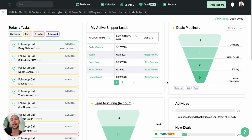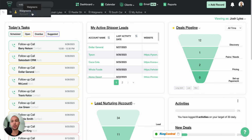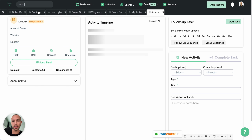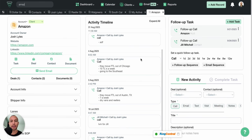But the thing about a CRM is it makes it very simple to manage all of your contacts. It makes it easy to even just search for a specific shipper, right? Like if I want to just find Walgreens, okay, I can see everything that's going on with them, right? Or if I've got Amazon in my CRM, I can quickly go here, see everything about them. I can see all my notes. So a CRM makes it really easy from an accessibility standpoint just to go and find all your shippers, all your